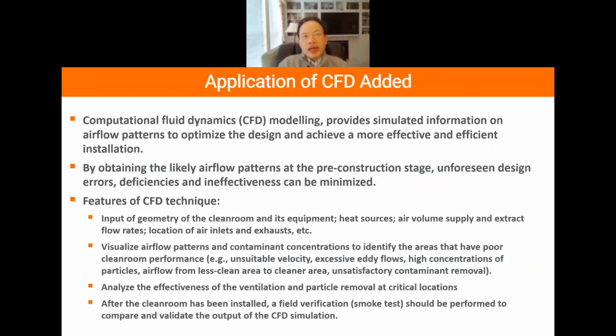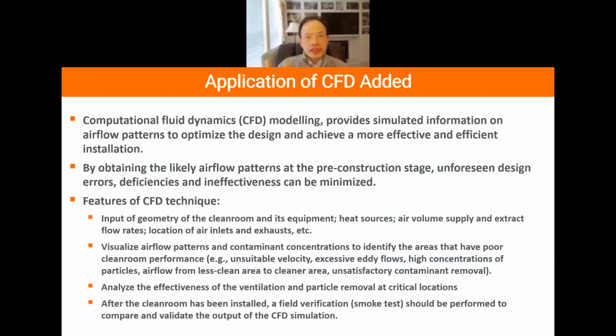During design, you have nothing to test. After the installation, now you can do a smoke test. You can compare the smoke test result versus the simulation, CFD simulation, to see if they are in the same story. And so that's also very important to validate the CFD,